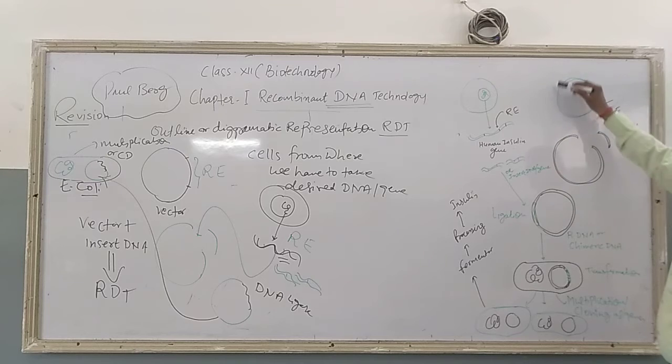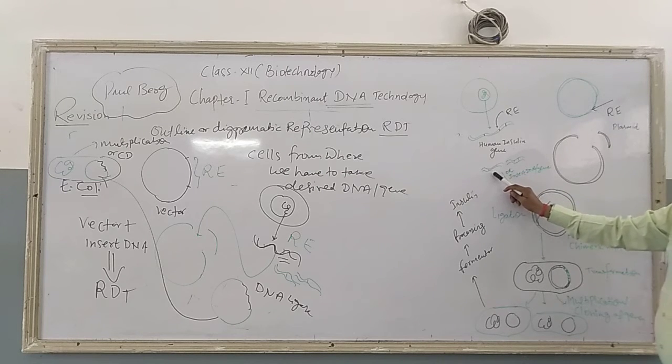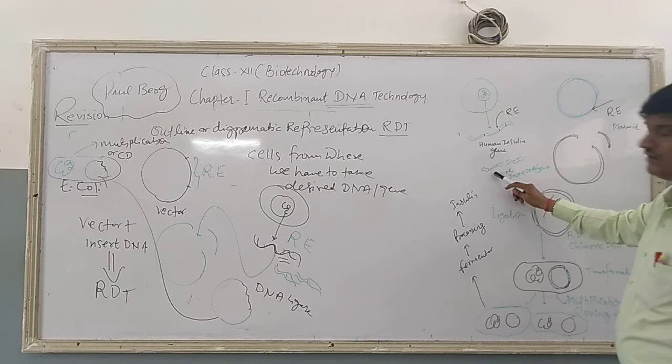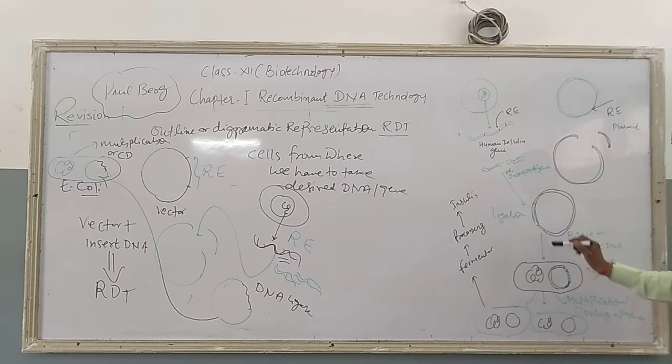Similarly, here we are using the plasmid, that is a vector. Restriction endonuclease is applied to make a cut. Now the gene of choice, called the insert gene or insulin forming gene, is added with DNA ligases. This is called ligation. Now this recombinant DNA, or chimeric DNA, is inserted into the host cell, which is Escherichia coli.